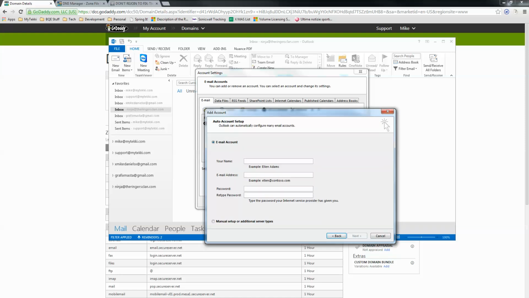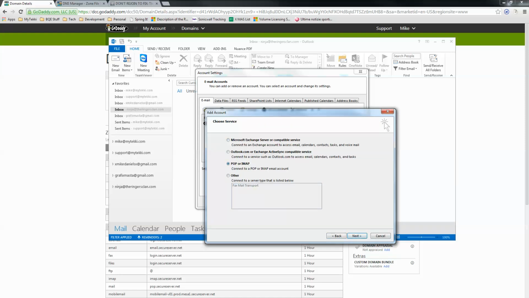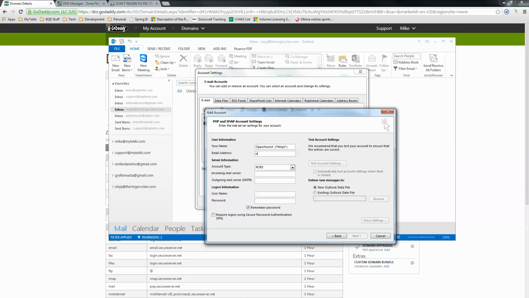So I'm just going to run through that real quick. Next, manual, next, POP IMAP, next, paste, Ninja at theringersclan.com. And IMAP, and then it's imap.zoho.com. Then your outgoing mail server is going to be